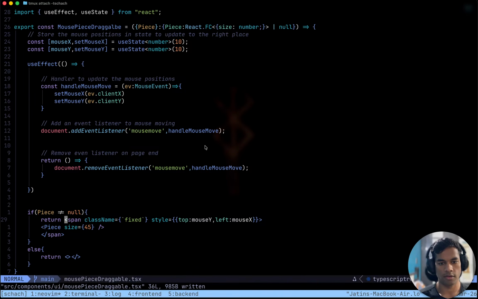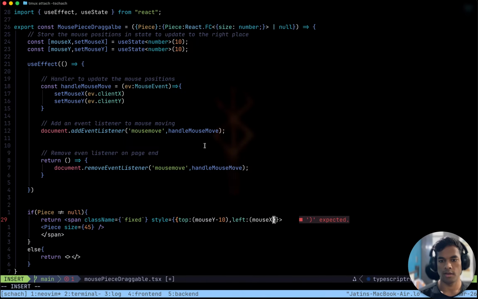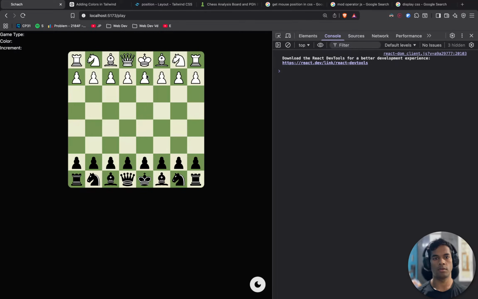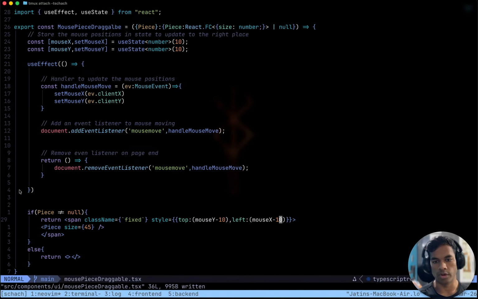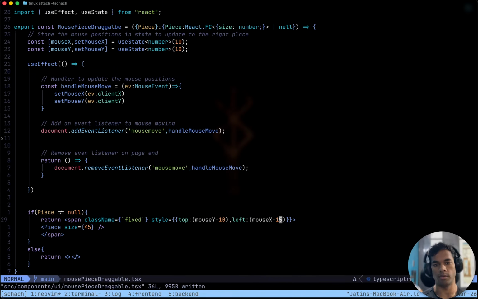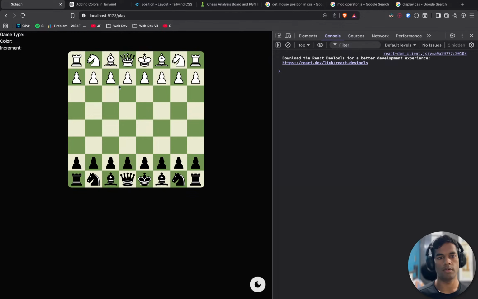Okay, let's say y minus 10 pixels and this thing also minus 10 pixels. Close enough. Minus 15 pixels, a bit to the left. A bit more to the left would be cool. 25 pixels.